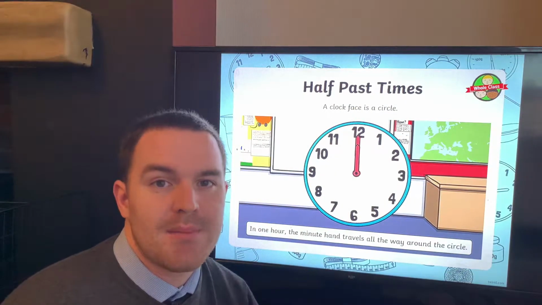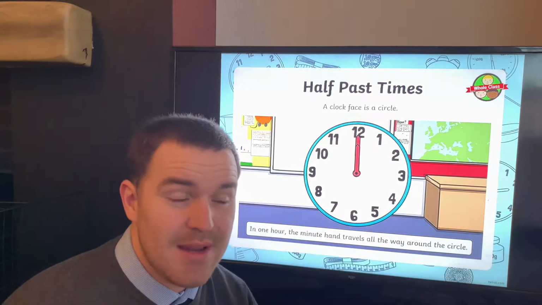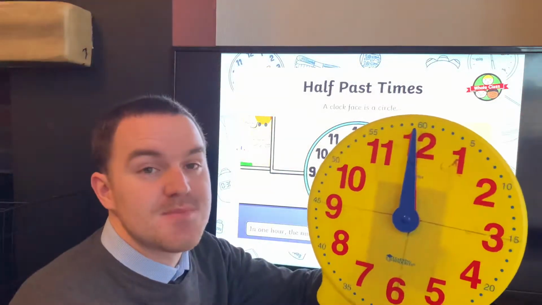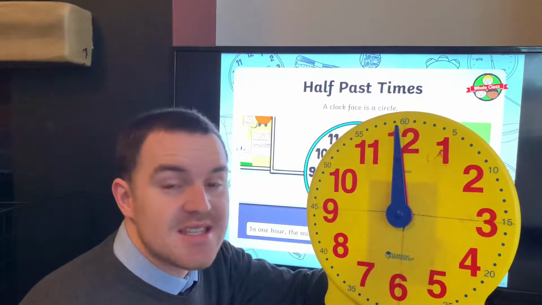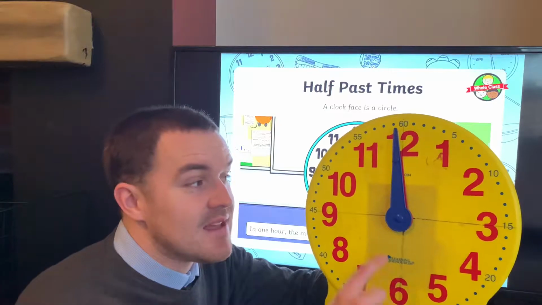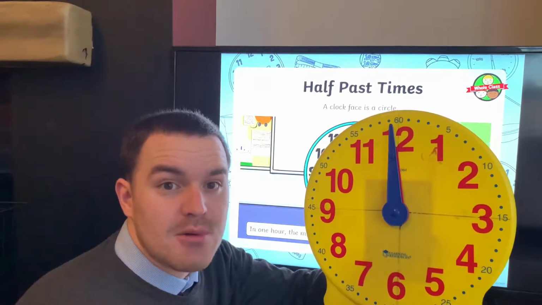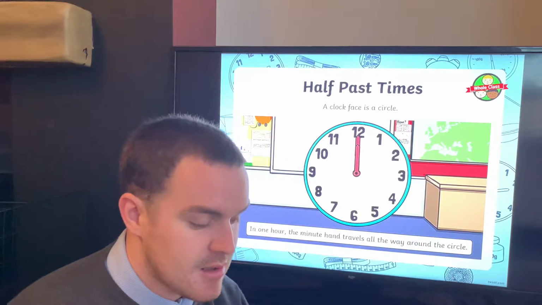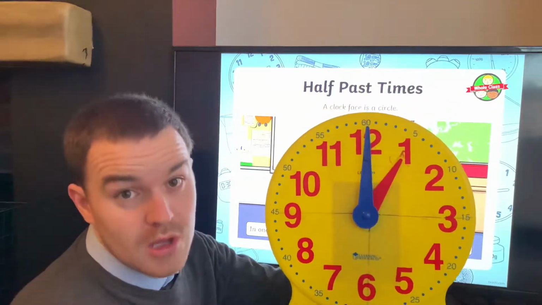Yesterday we were learning about o'clock times, and that was quite simple. When we know we have an o'clock time, the long minute hand must be pointing up to 12 because it's 0 minutes past the hour. And the little short red hand, the hour hand, will be pointing to whatever o'clock it is. So, for example, we have here 1 o'clock,